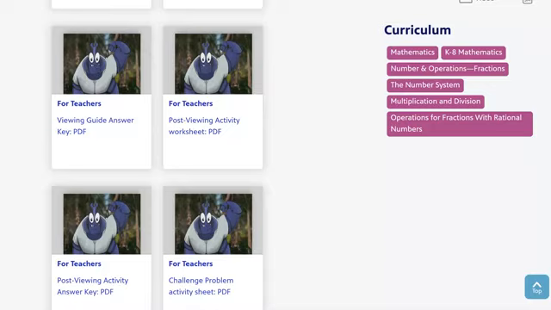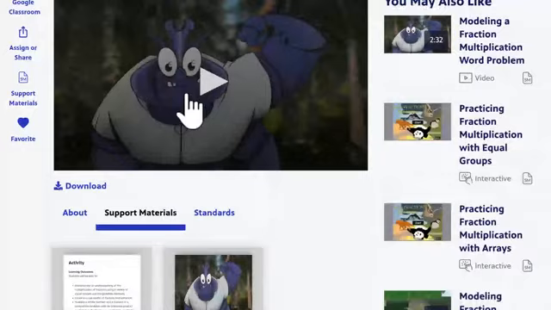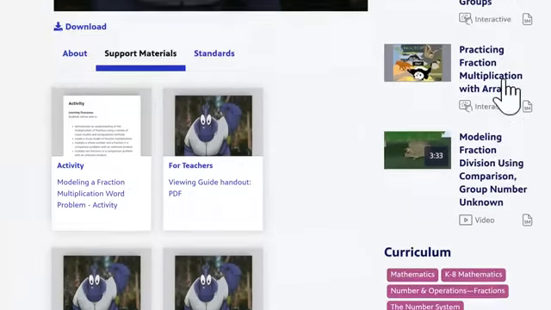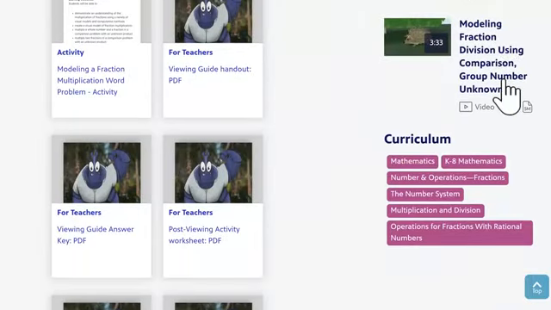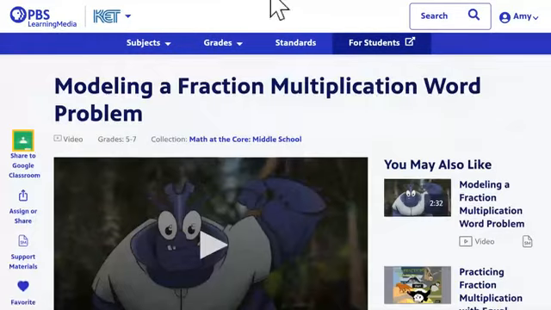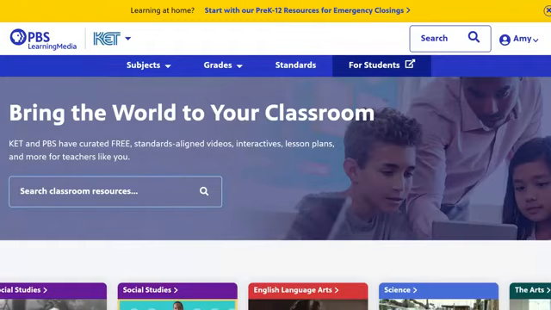Oops, here we go. You also have on the right side of your screen other resources that you may like. So it gives you plenty of options right there and you don't have to search a whole lot more. And this is the curriculum that it covers. Go back. And another one of my favorite resources is called 60-Second Presidents.